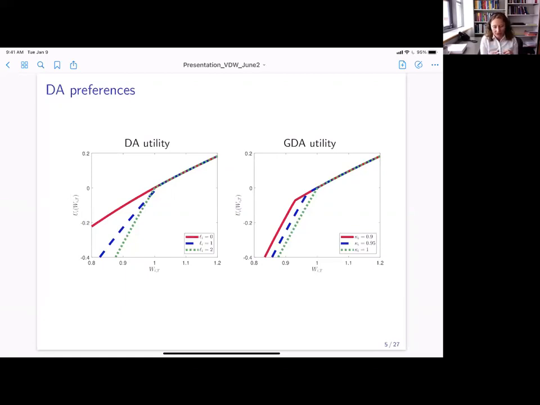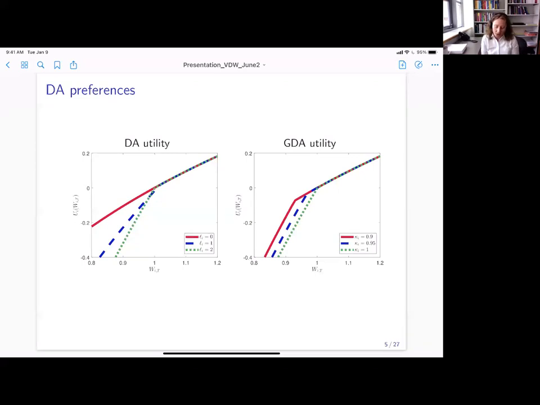And on these two graphs, this is just a bit of terminology. We refer to DA, disappointment aversion utility, in the literature when the reference point or disappointment threshold is exactly equal to the certainty equivalent. And GDA, generalized disappointment aversion, relaxes this assumption, so it allows kappa to be less than 1. I will be very precise about this a little bit later. What we use is generalized disappointment aversion, but for brevity, I will keep saying disappointment aversion. So keep it in mind.